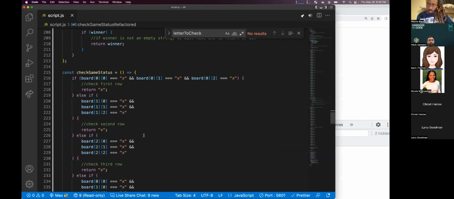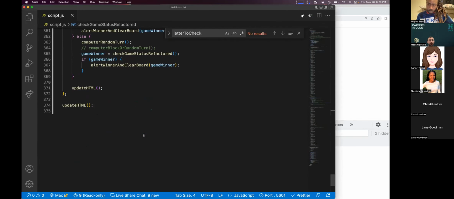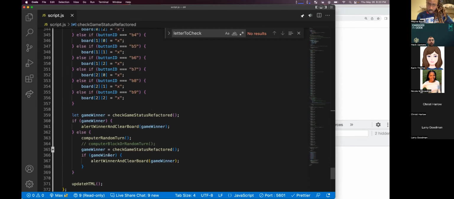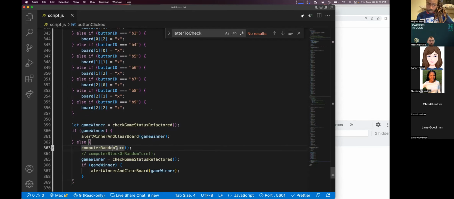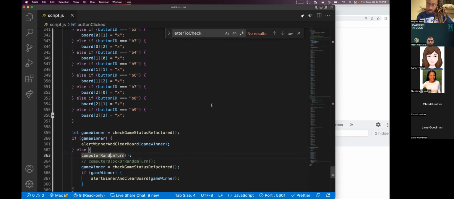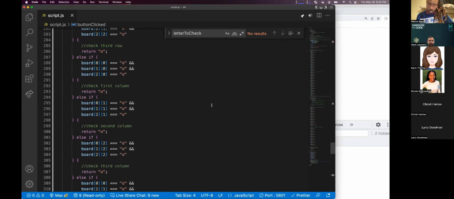What we did, down in our button clicked event, is I disabled computer block or random turn and switched it back to using random turn, which made the computer a little easier to win against.